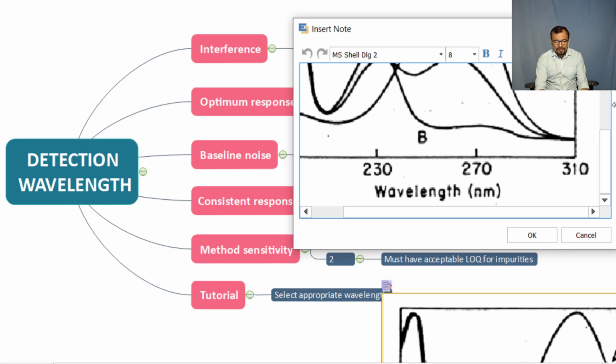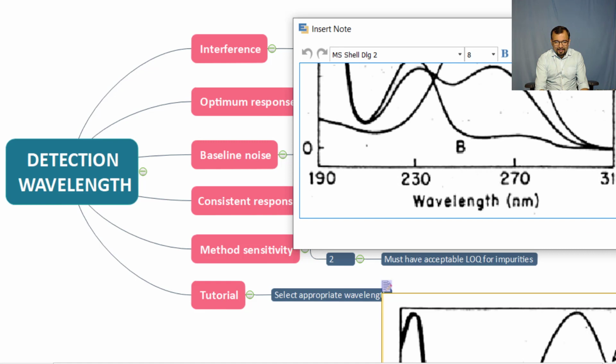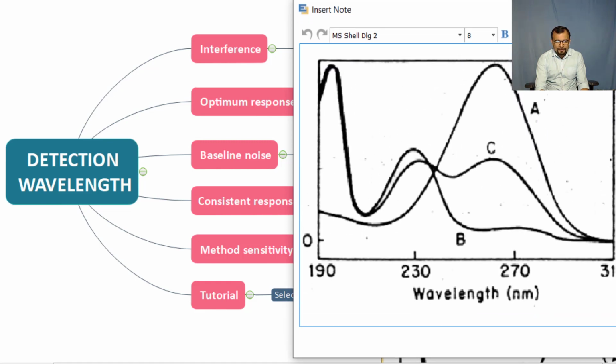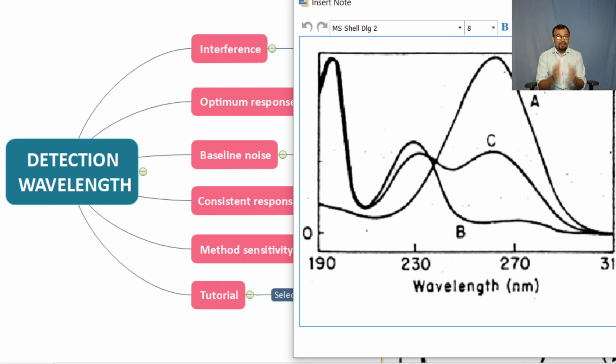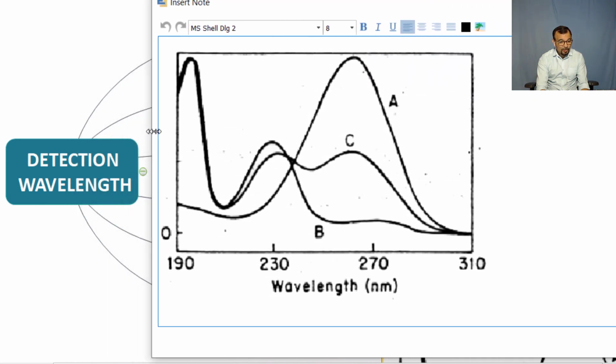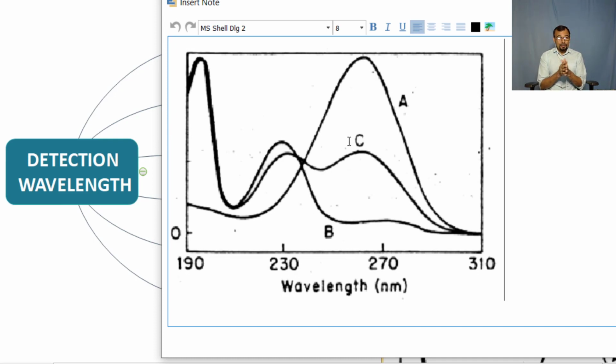Tell me which wavelength you will select for a sample consisting of three different compounds, compound A, compound B and compound C. You can see the UV spectra for compound A, compound B and compound C on the screen, and you have to tell me which wavelength you are going to select during the method development.